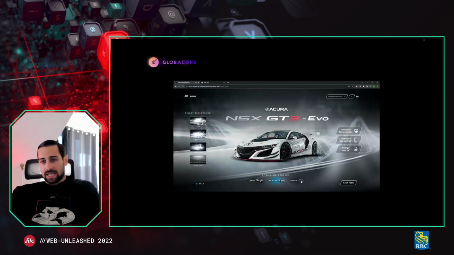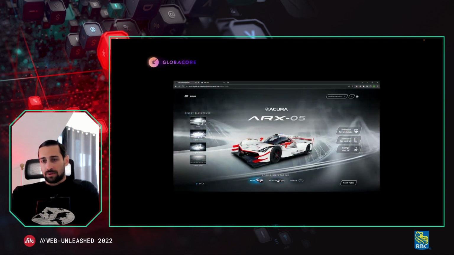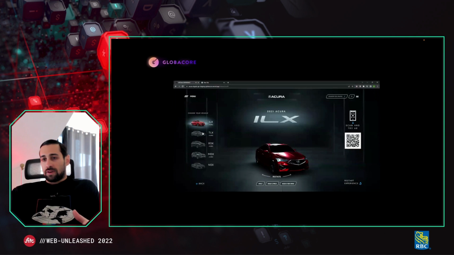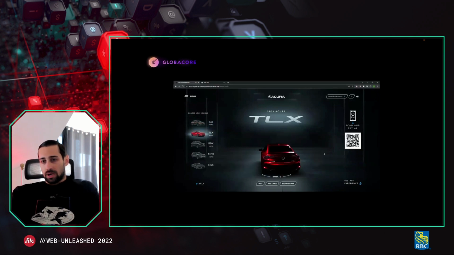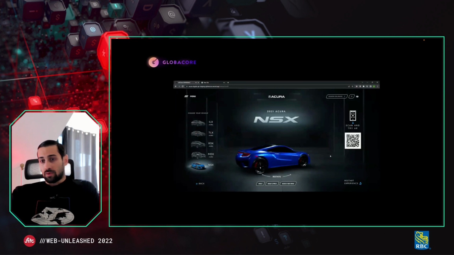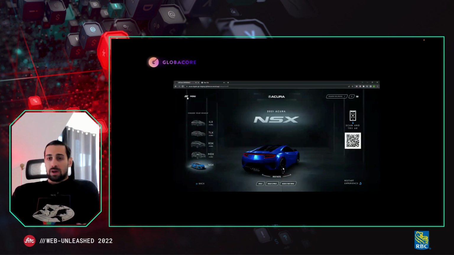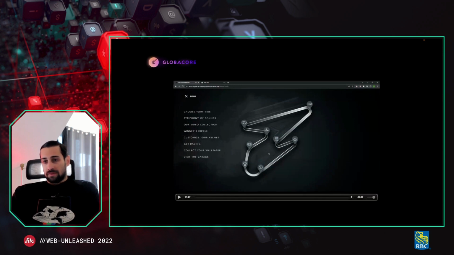And the last part was again rendering real-time 3D files of the car, so the buyers and people interested in the design could play around with the files in real time. Both of the experiences that you saw were responsive and mobile friendly.